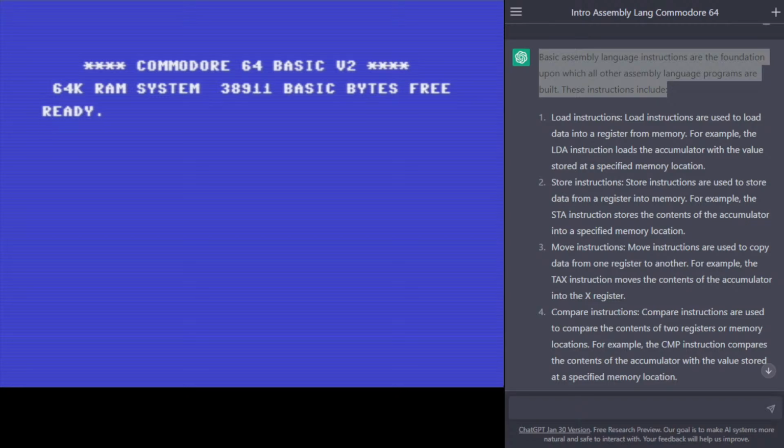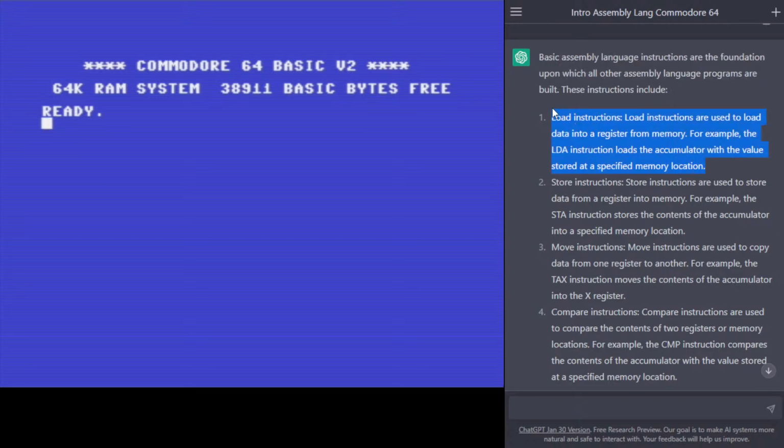Basic assembly language instructions are the foundation upon which all other assembly language programs are built. These instructions include